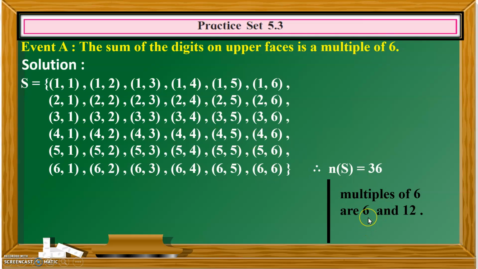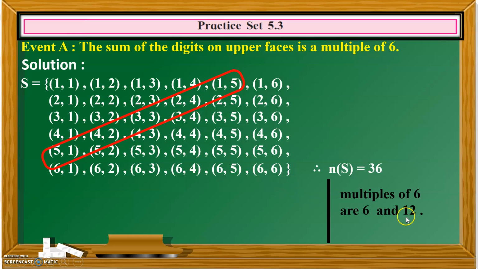I'll give you a small hint how to locate this. Half of 6 is 3. So here, 3 comma 3. If you have written the sample space properly, for this entire line you don't have to check the others. By default, it will be all these. Let us put a frame around it so that it becomes easier to identify what we have to write. If you add this, you'll get 6, 6, 6, 6 and 6. You don't have to check every sample point. So this is for 6.